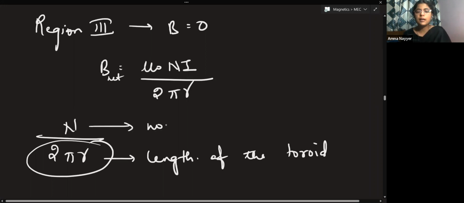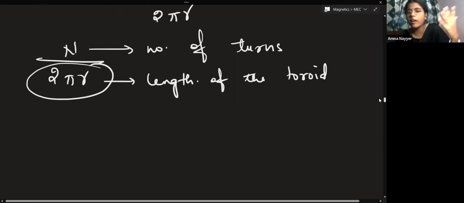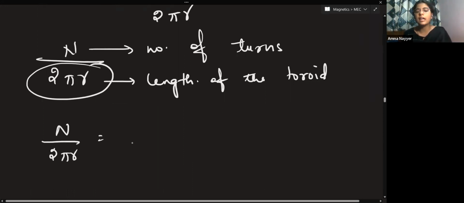N is the number of turns. So number of turns per unit length, again we can represent it through small n, the way we have been using it for solenoid. So n divided by 2 pi r, we can write it as small n. That means number of turns, and small n is what? Number of turns